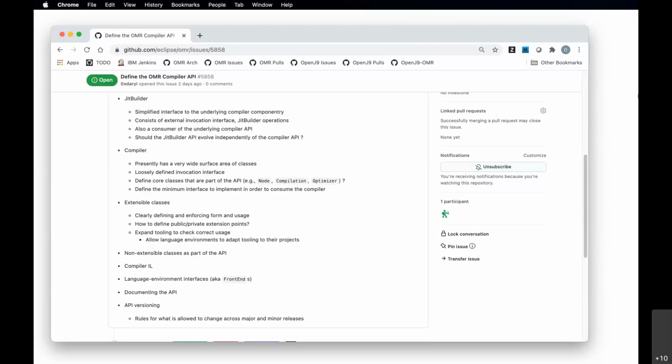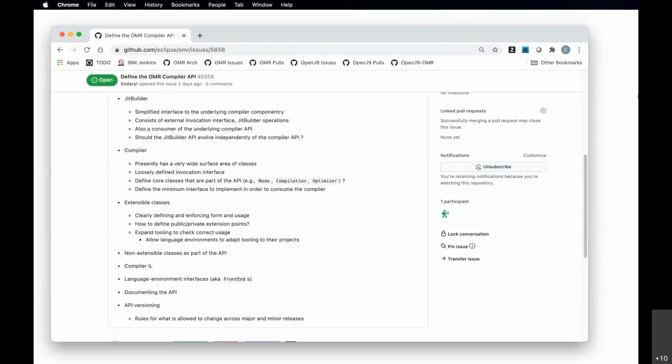Yep, great. Okay, so extensible classes are certainly part of the compiler API, and they're likely here to stay for the foreseeable future. However, there are other parts of the compiler that aren't at the moment extensible classes, yet they are things that downstream projects can consume as well. So I just wanted to mention that when we're talking about things that could be publicly consumed from the compiler, they're not all going to be extensible classes, or maybe they should be.